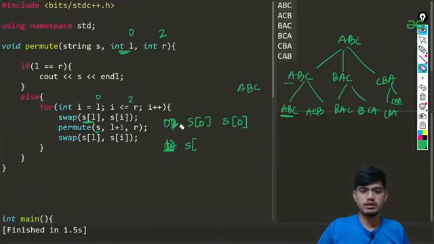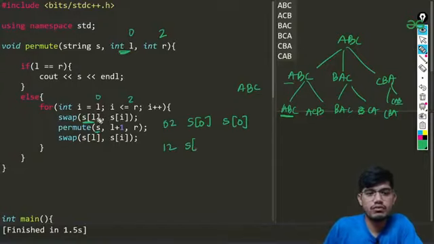Let me erase this and write again. First it was passed 0, 2, then it is passed 1, 2. It will run our loop from 1 to 2. First it will run for S of 1, swapping with S of 1 again.